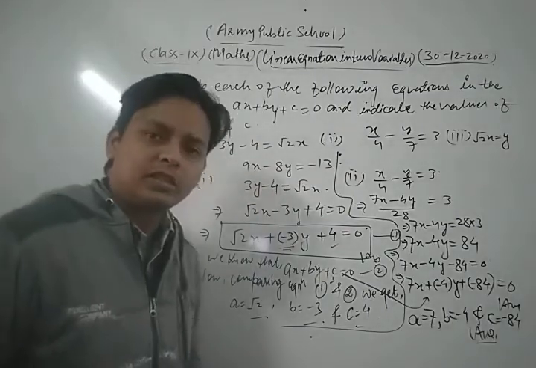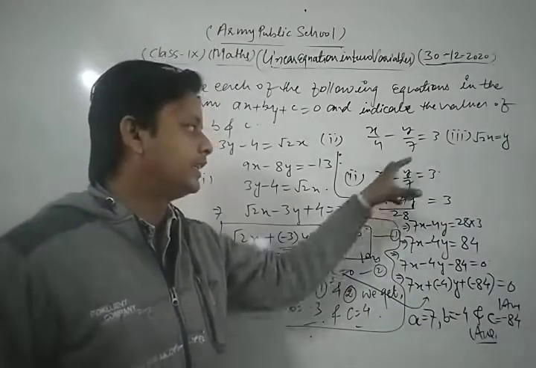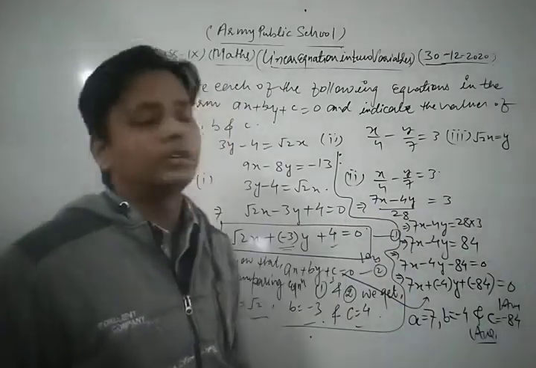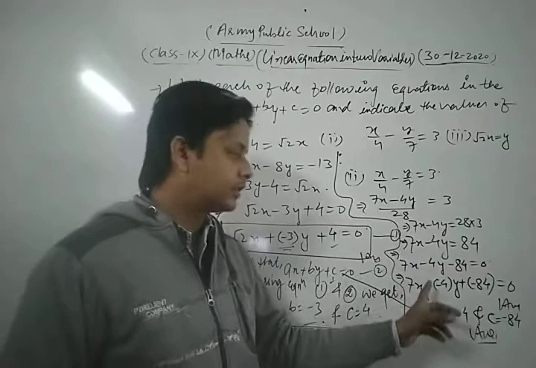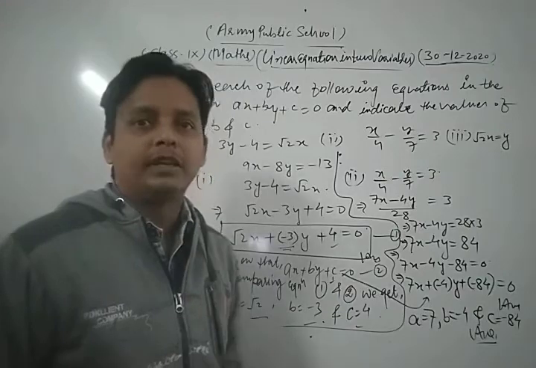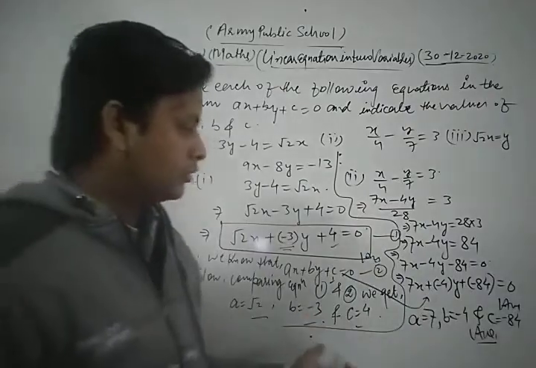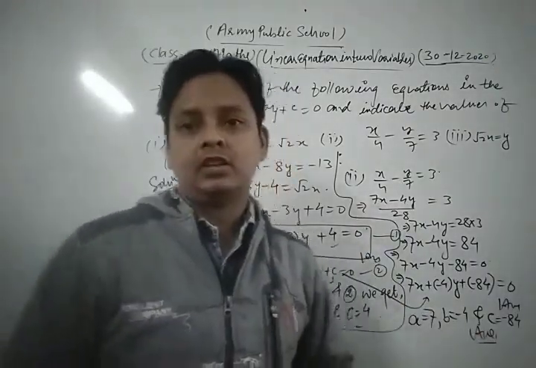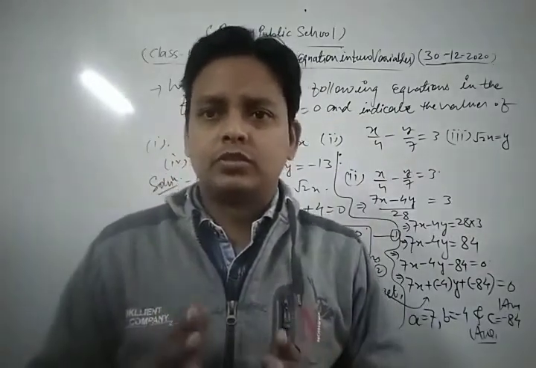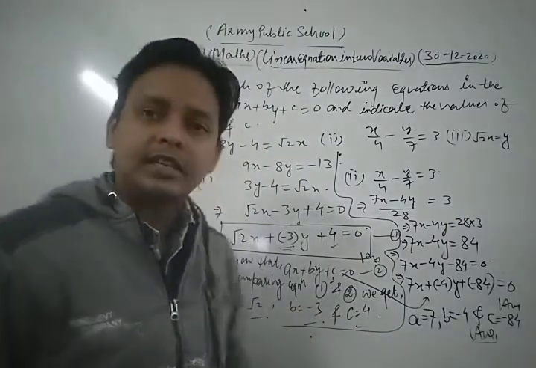So this is the process, dear friends, to solve that type of question. First of all, we take the LCM of the denominators of the left hand side. After that we convert the given equation into the form ax plus by plus c is equal to 0. After that we compare it with the original form of the equation, and hence we get the values of a, b and c. So this is our required solution of the given question. In this way, dear friends, you can solve each and every question of your NCERT exercise based on this topic.